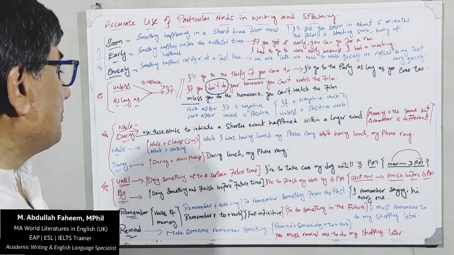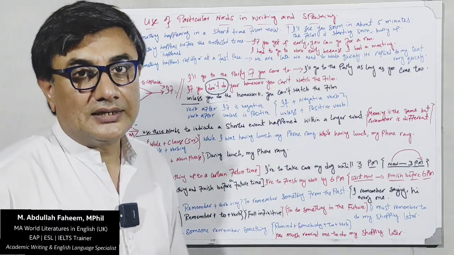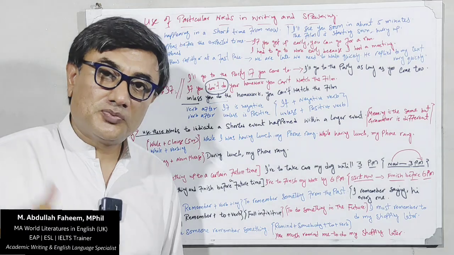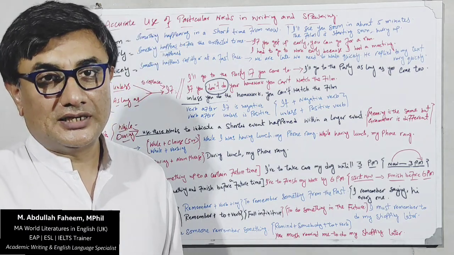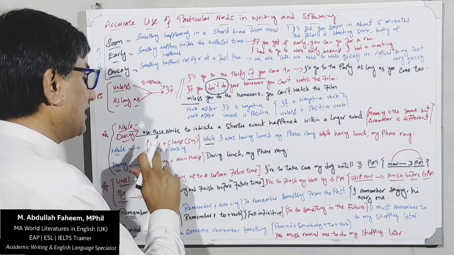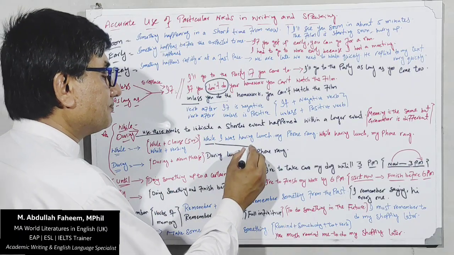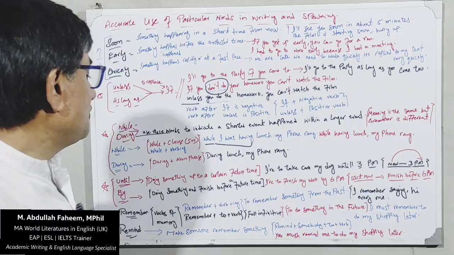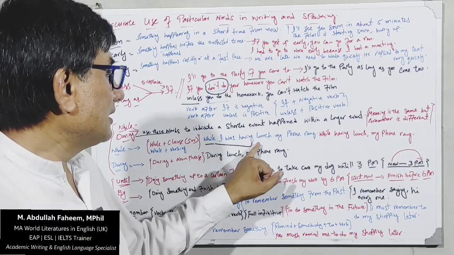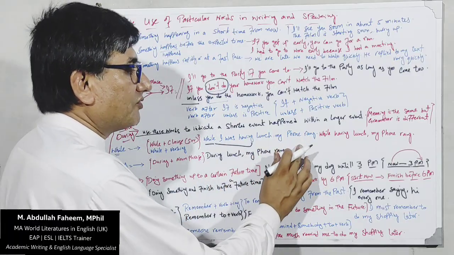For example, इसमें हमारे पास क्या है? While I was having lunch, my phone rang. This also shows the continuity of something. यानी कोई चीज पहले से जारी थी और वो फिर भी जारी रही. So this is the continuity. So clause, while, we used while. Clause means subject and verb. I was having. You always use ing with the verb. I was having lunch, my phone rang. While I was having lunch, my phone rang.